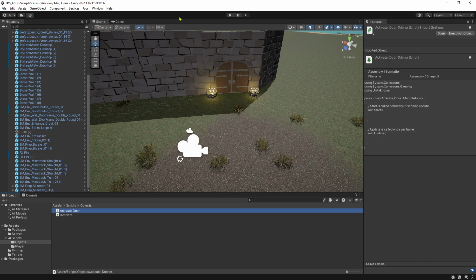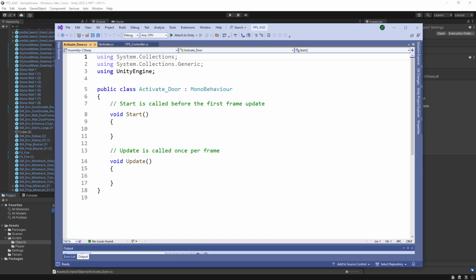I'm eventually going to have an activate minecart, activate fire, activate level transition. So we'll have a lot of these, but I just want an activate door right now. And to actually implement this,